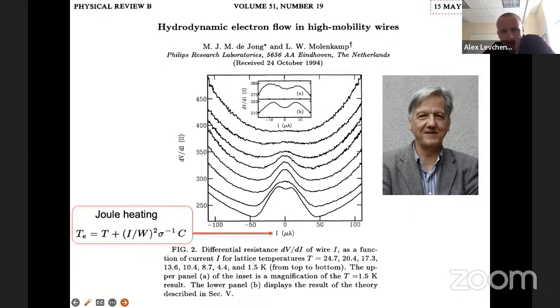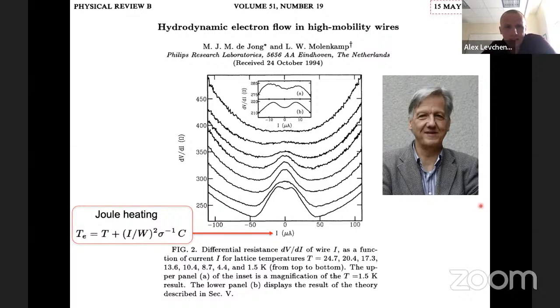And this experiment from Molenkamp is considered to be a first hint of electronic hydrodynamics. It is not really a linear response measurement. So he was using current injected into the quantum wires to locally heat electrons by Joule heating, and he measured differential nonlinear resistance, and he thought about the current as effectively setting the electronic temperature, as I said, through the Joule heating mechanism. But he saw this downturn in resistance and attributed this as a manifestation of the hydrodynamic behavior, as you can see even in the title of the paper itself.